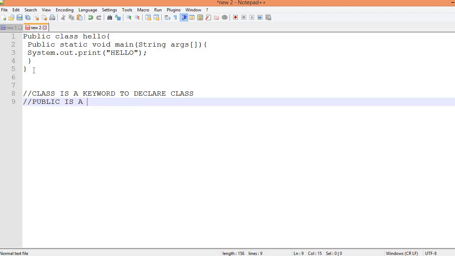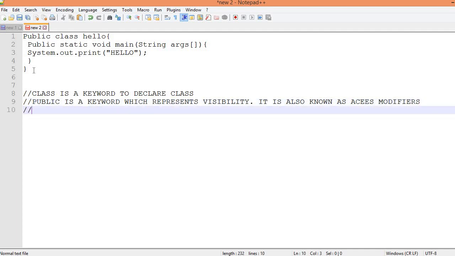It is a keyword which represents visibility. It is also known as access modifiers. Then third terminology is static.